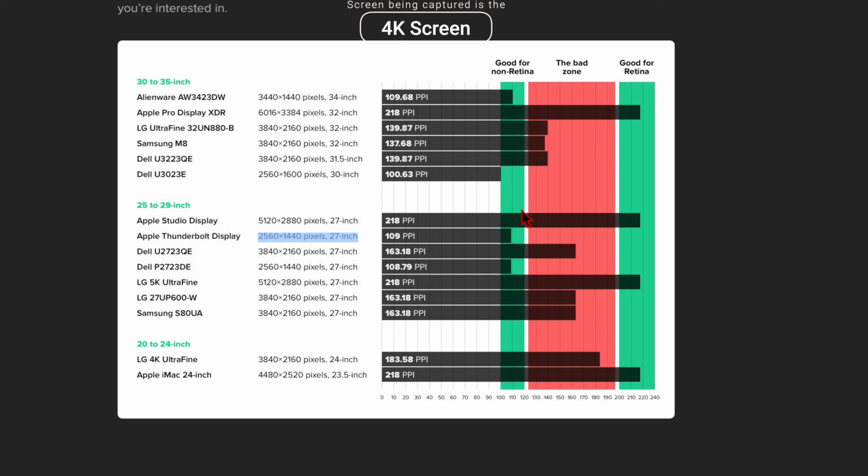So from this chart right here, we can see that 1440p monitors, along with those with lower resolutions, generally do not have high enough pixels to be considered retina displays. These displays usually have a PPI of about 100 to 110 pixels per inch, which is within the typical range of non-retina displays. For these monitors, macOS assumes that the pixel density is low enough that the display does